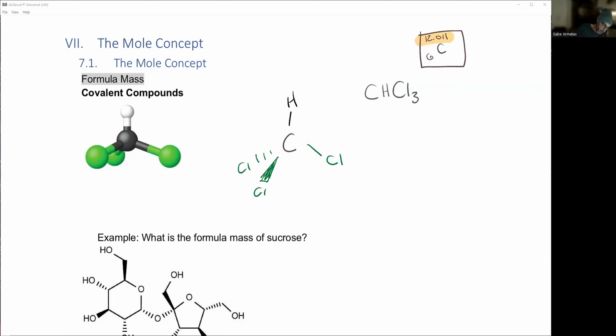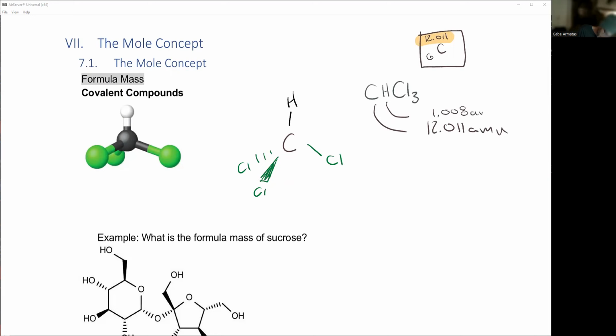I have one carbon, so that carbon in and of itself has a value of 12.011. Remember, we talked about weighted average. So, carbon-13, carbon-14, these different isotopes. But ultimately, if you pick up a pile of carbon, on average the carbon atoms are going to weigh 12.011 atomic mass units. I have one hydrogen, and the hydrogen, according to the periodic table, is